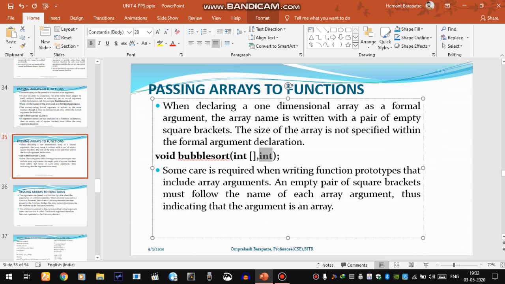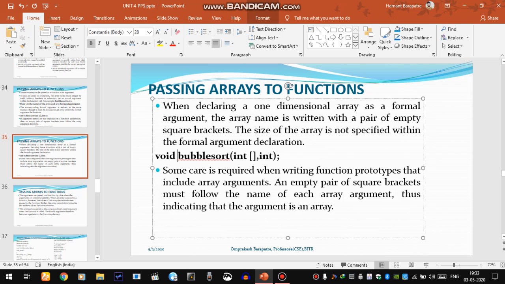So void is the return type of bubblesort, bubblesort is the name of the function, and int and subscript tell that we are passing the array. This is the formal argument declaration for this particular array.